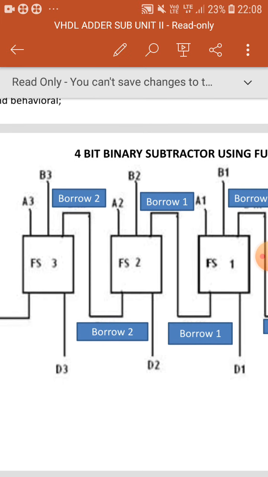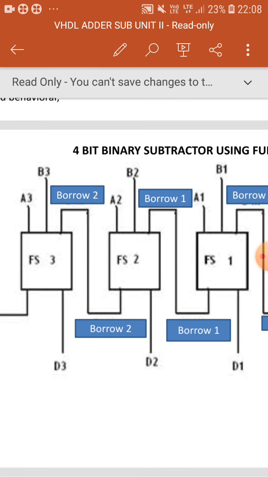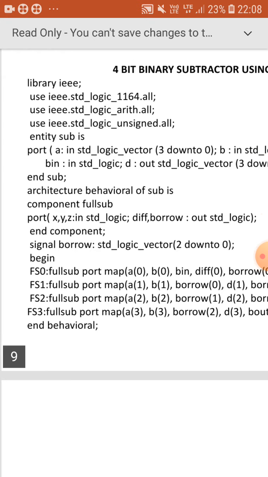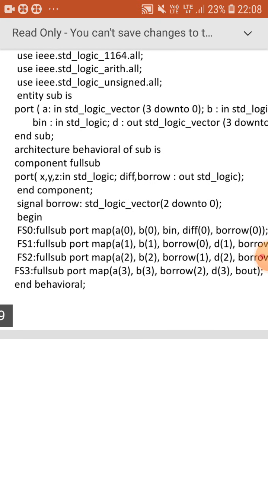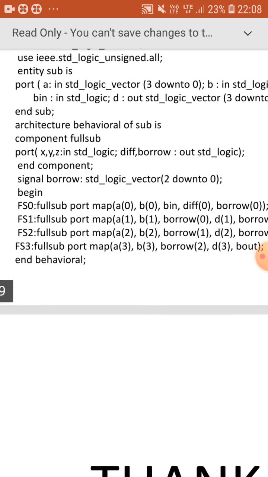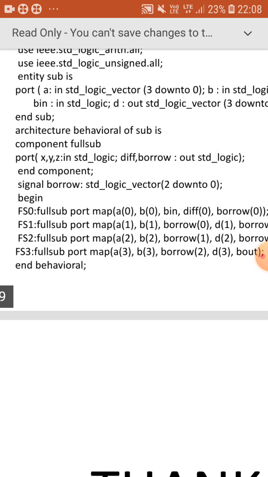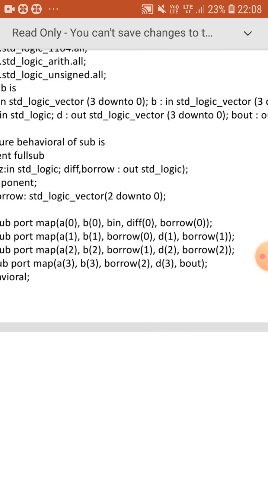So in fs2 a2, b2 and borrow 1 are inputs, borrow 2 and d2 are outputs. So fs2 colon, I am calling the same full subtractor. Entity name of full subtractor is full sub. So full sub. Next port map, a of 2, b of 2, borrow 1 are inputs, d2 and borrow 2